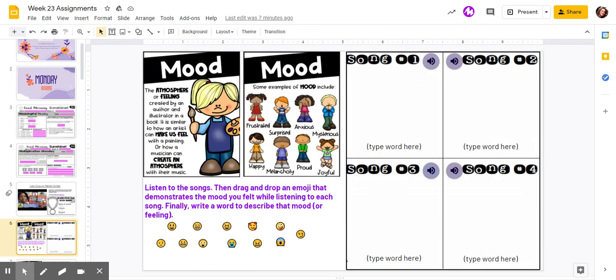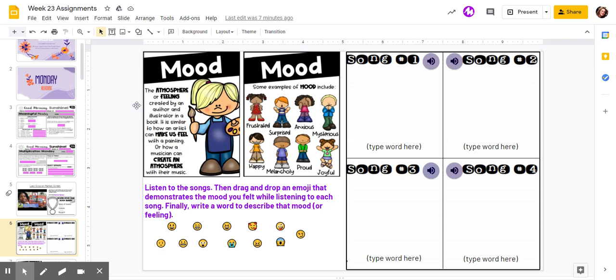All right. So one of the best things about this book is it is a really good example of mood. So mood is something that you already have experienced in art, especially in music. Music has this way of establishing mood. So here you have 4 songs. You're going to click on the link or click on the little image here and press the play button and listen to the song. I want you to think about how it makes you feel, because mood is the atmosphere